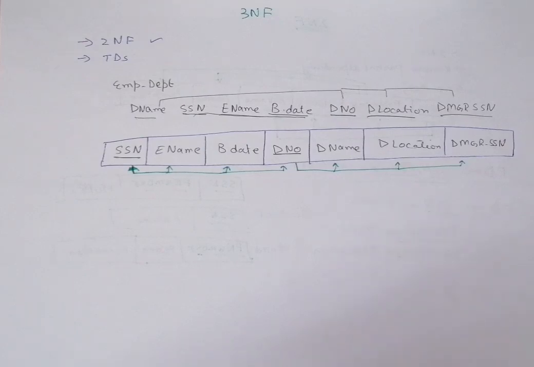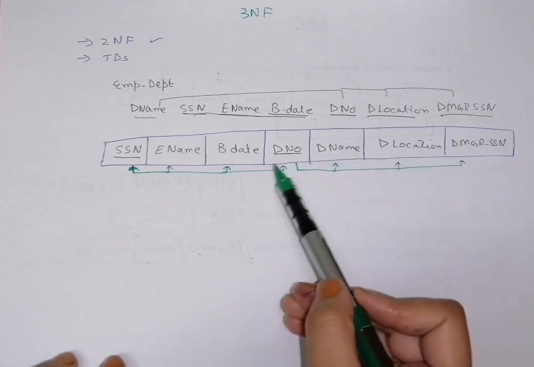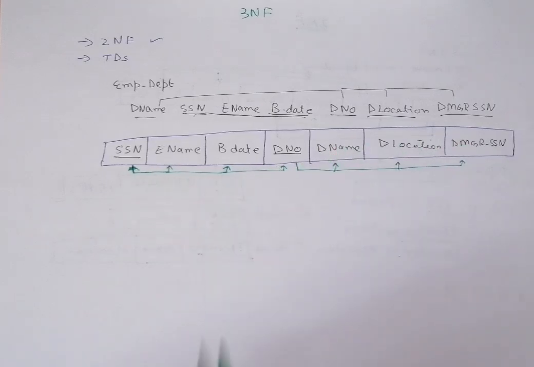It's not like if you have entered an employee, you need to enter another department for that. You create the department separately, and you hire the employees as a separate activity. You first create the department and then put employees into the particular department. So that's why these things depend on department number, whereas department number depends on SSN.